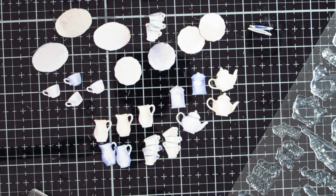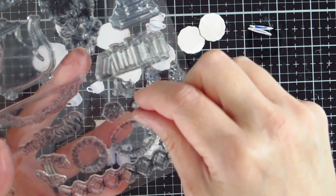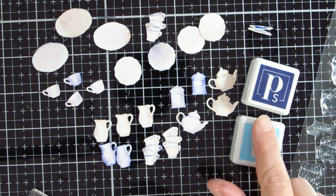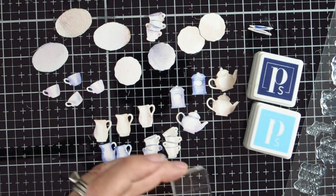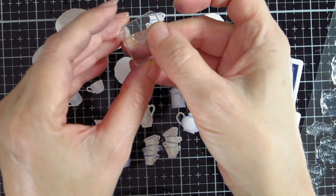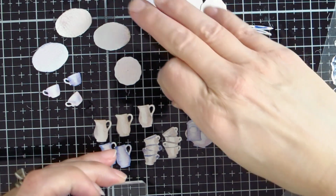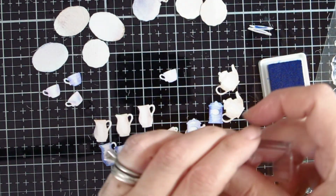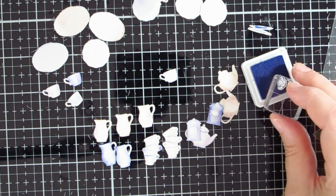So the next thing that we're going to do is to decorate the china pieces with the stamps that go with them. I'm going to use these little decorations. They're so tiny. I'm going to use the two blue inks that come with this set, and then a tiny little stamp block, acrylic block. I'll start with this tiniest little flower, and let's do a teacup with it. So let's make some room. I think I'll do it with the darker color blue. And is this in frame? Sure it is. Okay, and I'm just going to stamp,